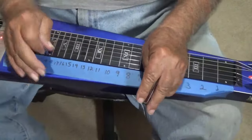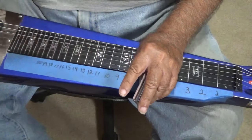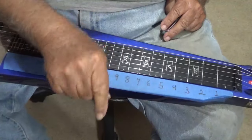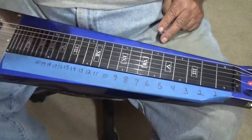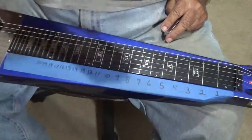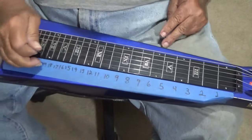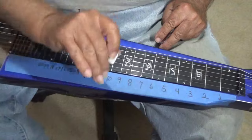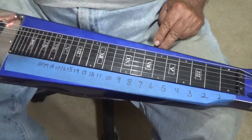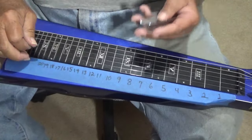And that's one thing though I do like about my piano. I bought one of those little charts that you peel off and stick on so I can see what note I'm playing. If I'm playing a song and I'm playing out some notes and I want to write it, I can have the bars and I can put the actual note that I'm hitting on there. Now with the lap steel, I just write it out in chord languages, and sometimes I'll kind of tab it out. But I'm not a big fan of making tabs because I like to play by ear and